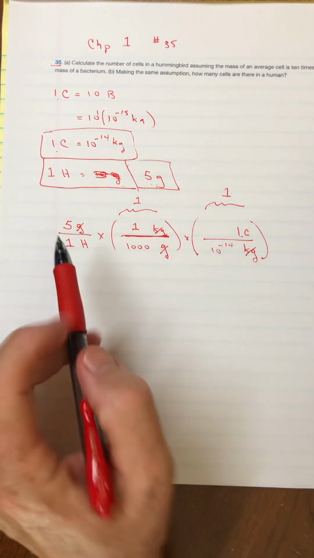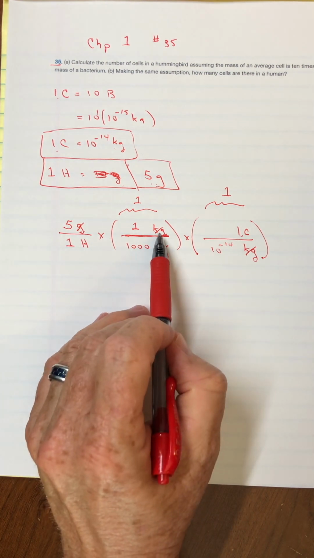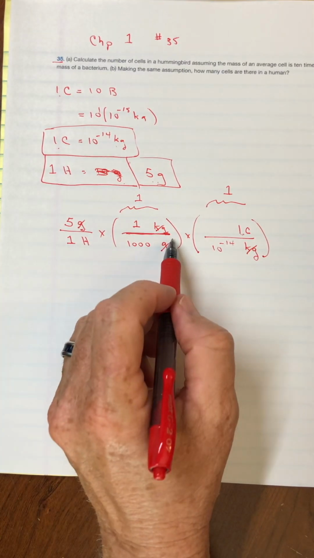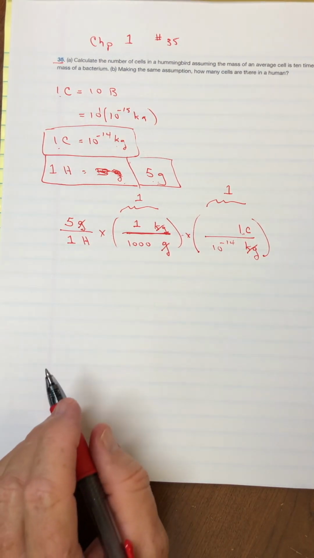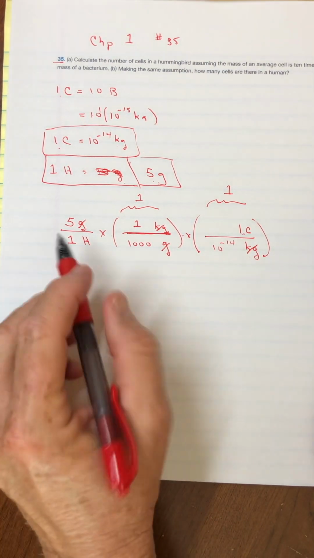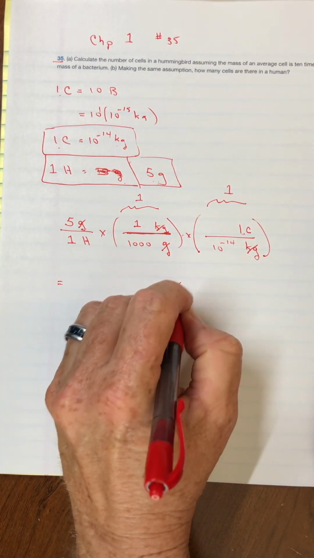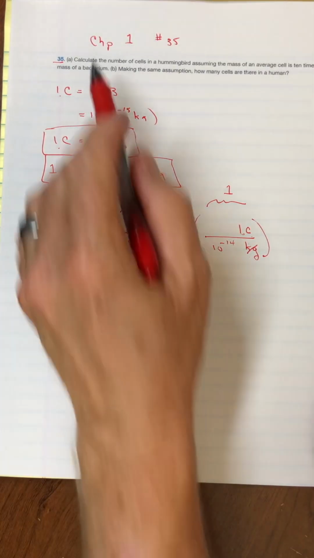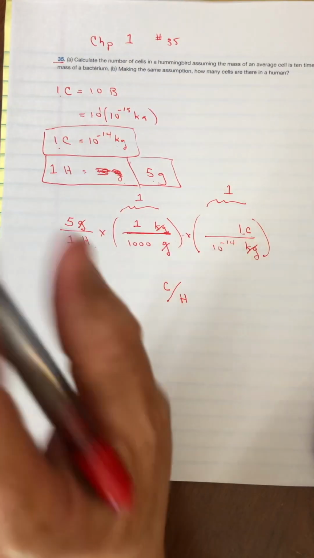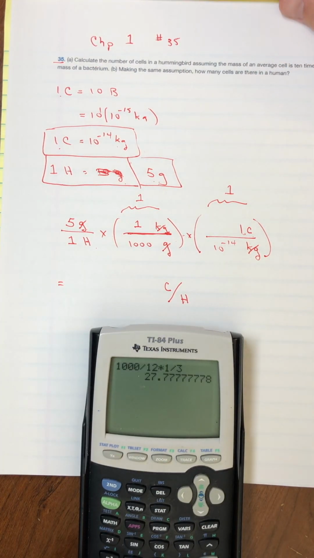Okay? And so looking at this, it looks like I've converted grams into kilograms, good. And then kilograms into number of cells. And so when this arithmetic is done, I'll have the number of cells per hummingbird, which is the question. Calculate the number of cells per hummingbird. Okay, nice. So now grabbing my calculator here,